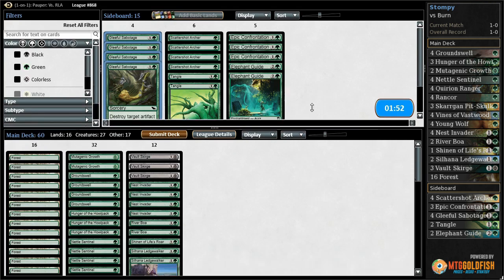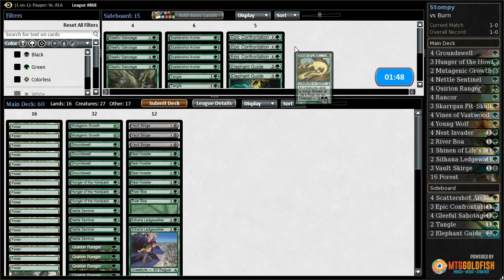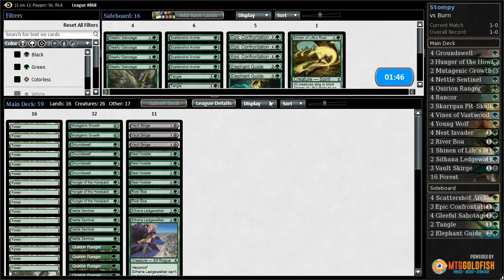So what is bad against burn? This Shinin, as we saw, is not great. Nest Invader isn't great against their 0-3. They could be scared to block it because of combat tricks, but in general it doesn't do that much. Vault Scourge and Mutagenic cost us life, which we don't particularly like. The trade-off of having to pay 2 life up front isn't really worth the lifelink in my opinion,